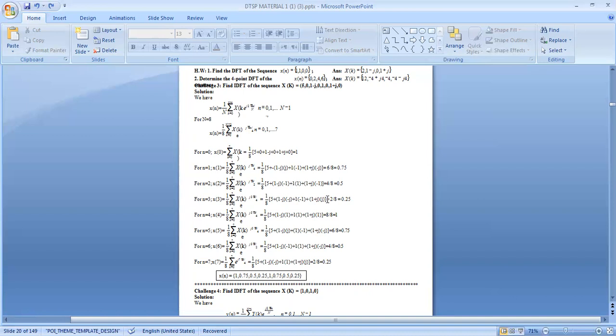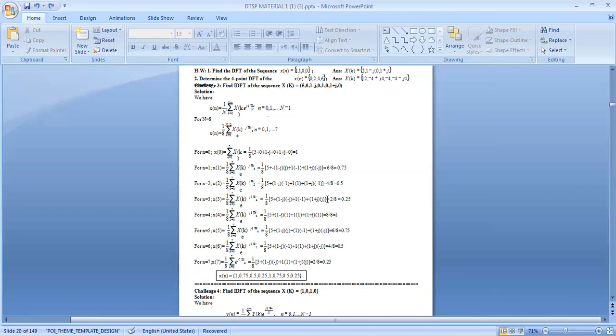So what is the length of the sequence over here? 5, 0, 1 minus j, 0, 1, 0, 1 plus j, 0. So the capital N is equal to 8. Then we will be proceeding with the summation, which will vary from k equal to 0 to N minus 1, which is nothing but 7. Similarly, the small n also will vary from 0 to N minus 1. So we have to expand for 0, 1, 2, 3, 4 up to 7 values. Okay, now let me proceed.